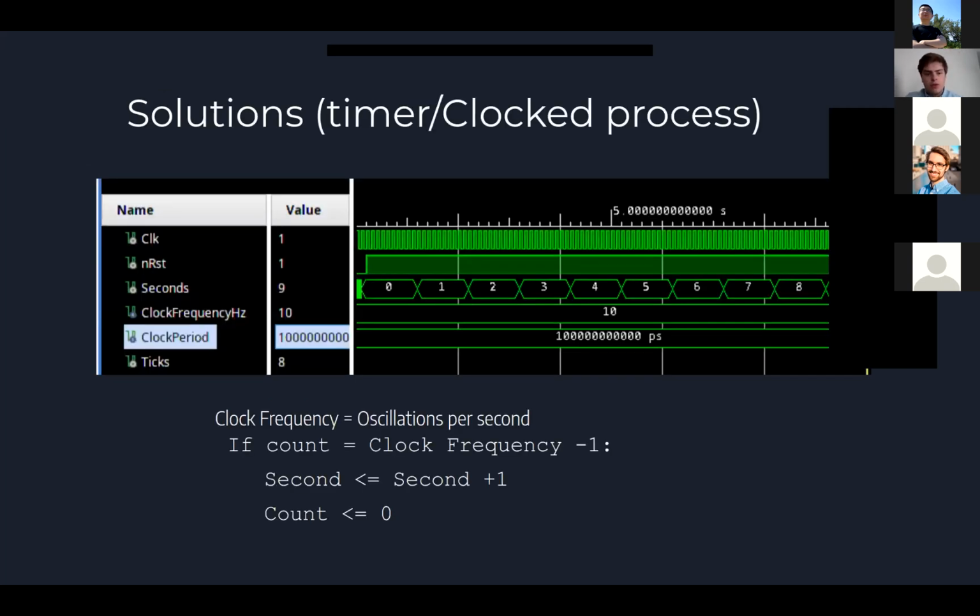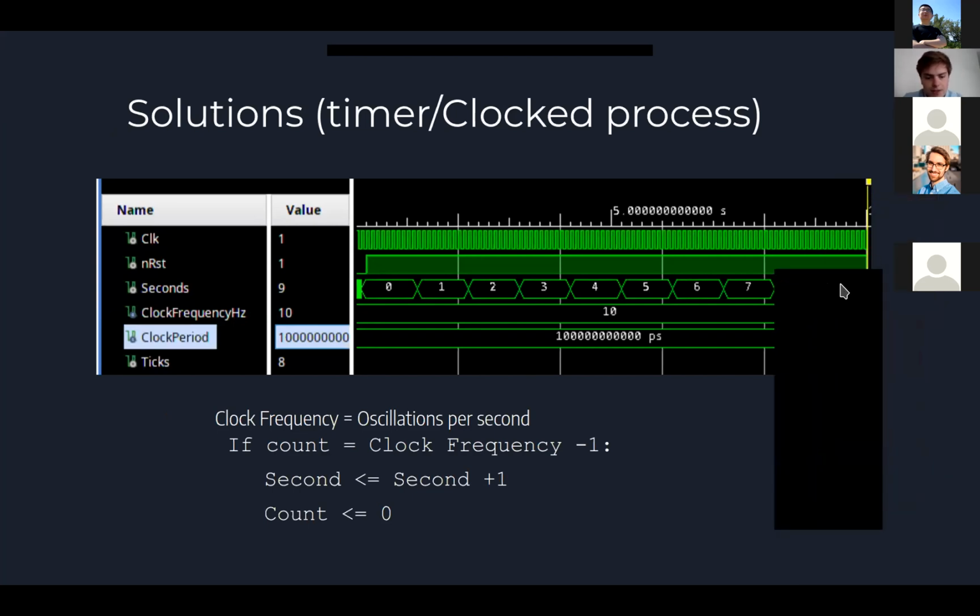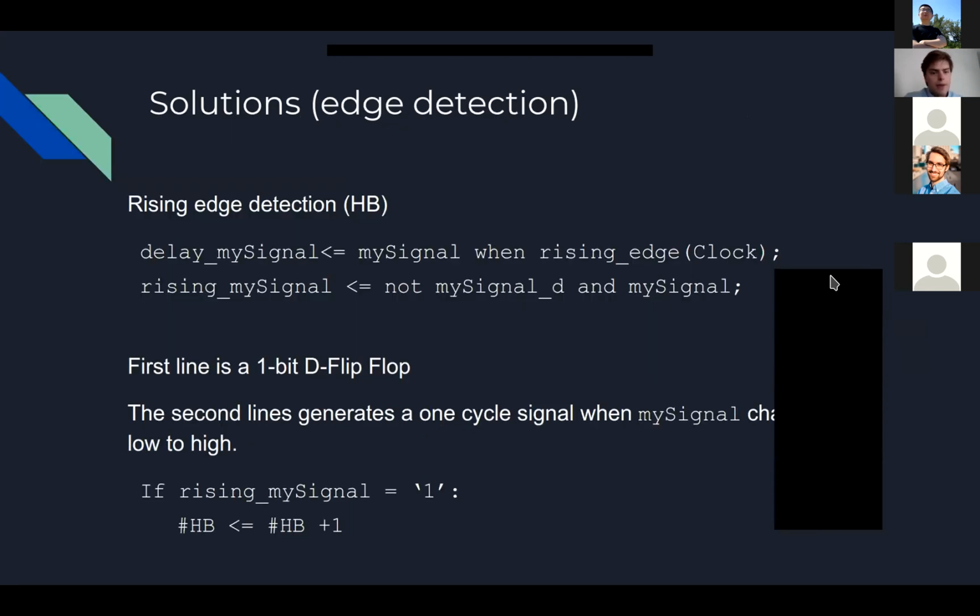So in terms of solutions, this is the timer clock process I did before the midterm. It is based on the idea of clock frequencies, oscillations per second. It just counts how many rising edges are happening, and that's a second once it meets the clock frequency. So the result, you can see the iteration here. And these seconds are going to be used to calculate the beats per minute, because it is literally beats per minute, so you have to consider the minutes part of it. And then this was